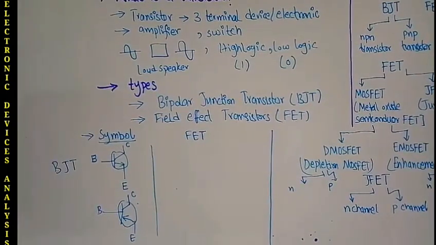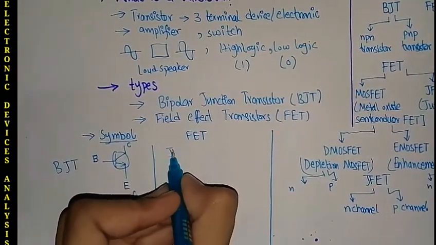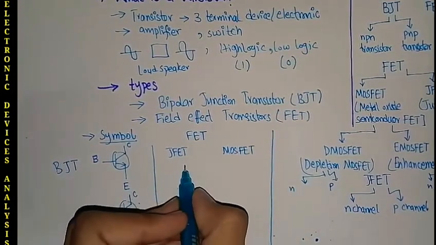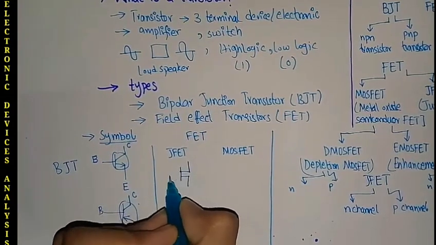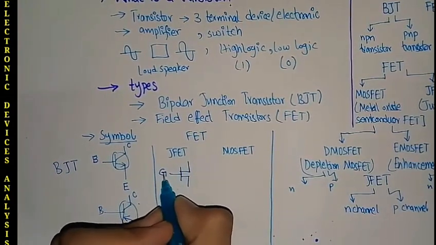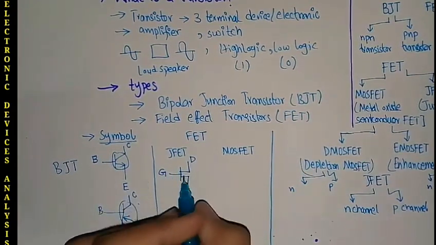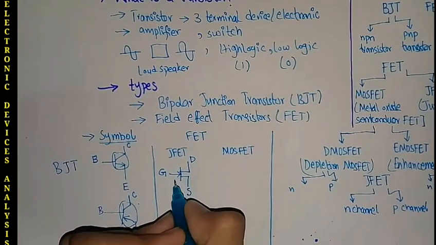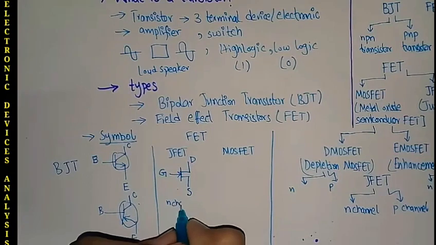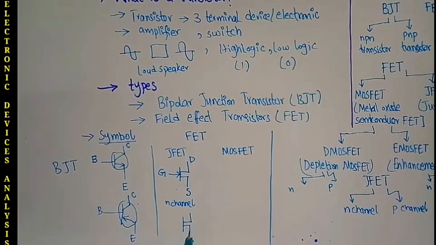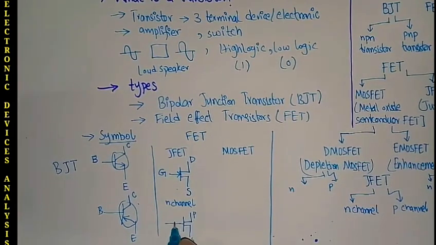And as you already know, FET has two types, the JFET and the MOSFET. The JFET symbol looks like this, that it has three terminals and the three terminals are named gate, drain and source. If this arrow is pointed to this, then this will be the N channel, and it has another symbol if it will be a P channel, and here the arrow will not point to this boundary, so this will be the gate, drain and source points.